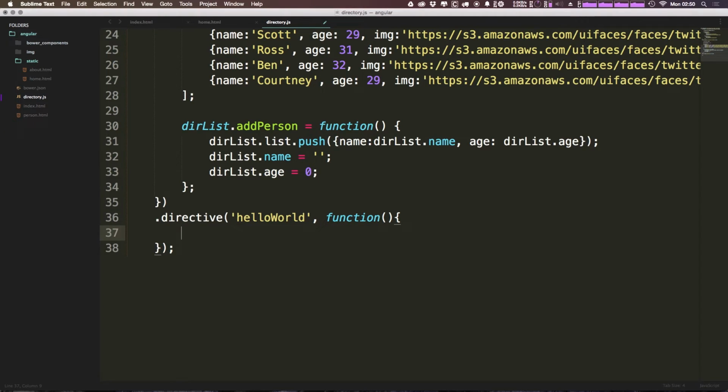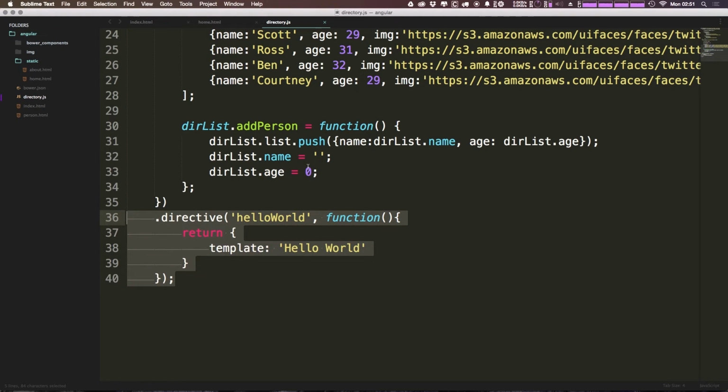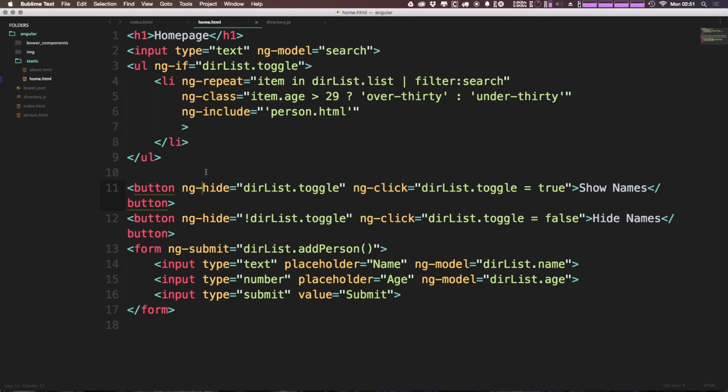Okay, so now we have the contents of our directive. Inside of our directive, we can just simply say return, brackets. Now let's say template. And the template is going to be in quotes, just the words hello world, like so. That's it. At its very most basic, we're going to be able to use the hello world directive in our application, and it's just going to simply output the text hello world. So now we can come to our home page and we can say